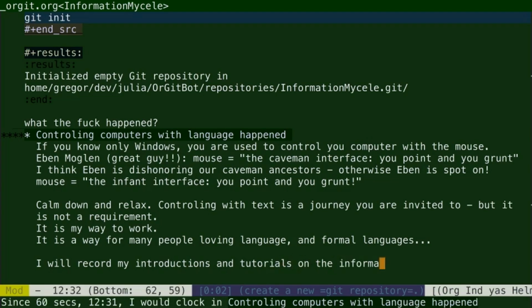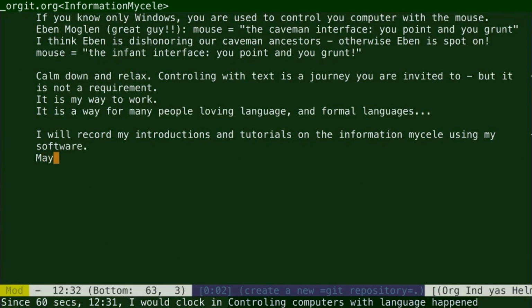I will record my own work and these introductions with this paradigm of controlling computers with language and the keyboard.